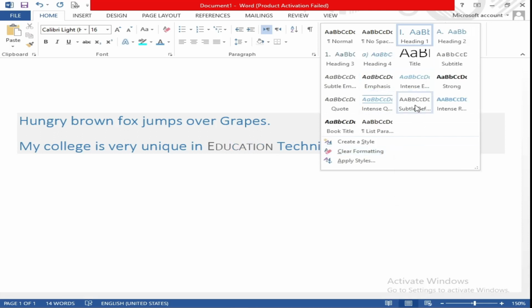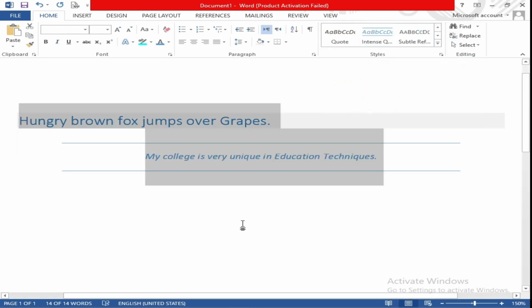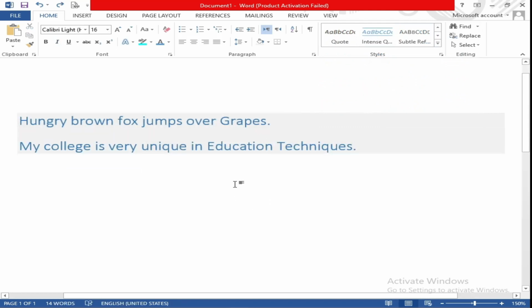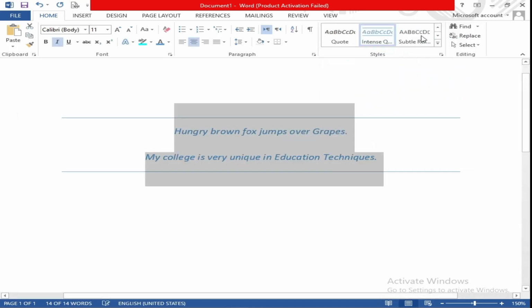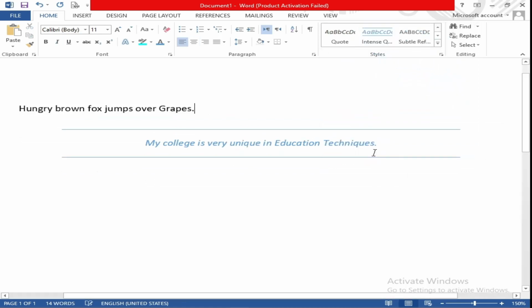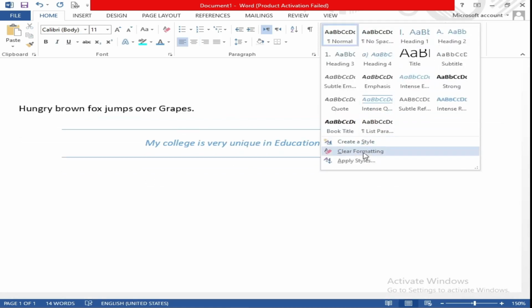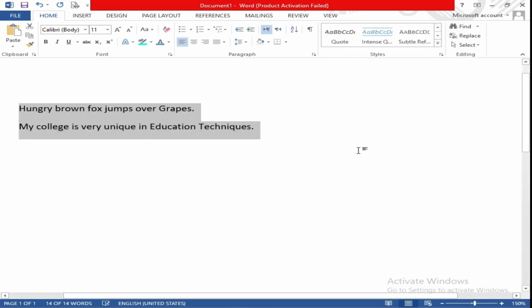For example, if you have done this and want to get it back, the shortcut key for this is Control Z, which automatically undoes the last step. But if you want to clear formatting, press Control A and simply click here.